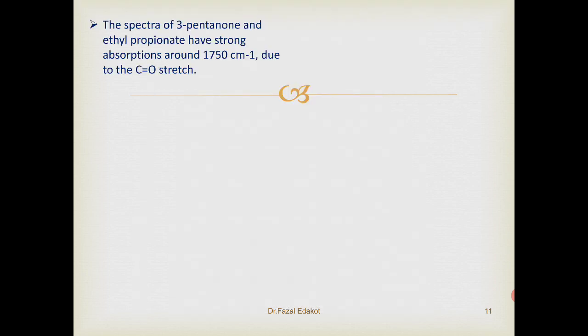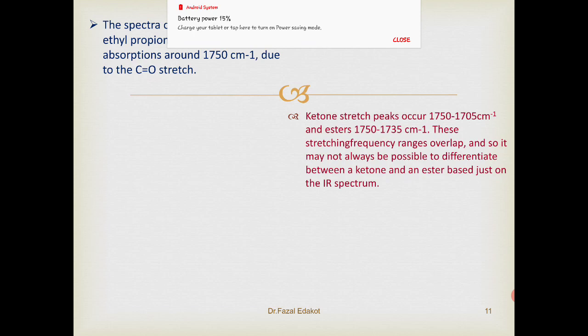The spectra of 3-pentanone and ethyl propionate have a strong absorption around 1750 per centimeter due to the CO stretch. The CO stretch comes somewhere between 1850 and 1630. Ketone stretch peaks occur at 1750 to 1705 per centimeter, and esters at 1750 to 1735 per centimeter. These stretching frequency ranges overlap, so it may not always be possible to differentiate between a ketone and an ester